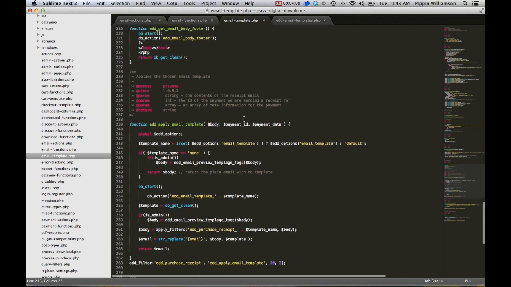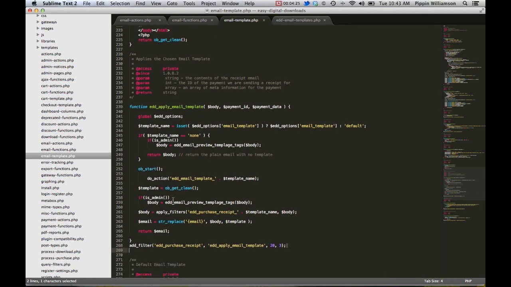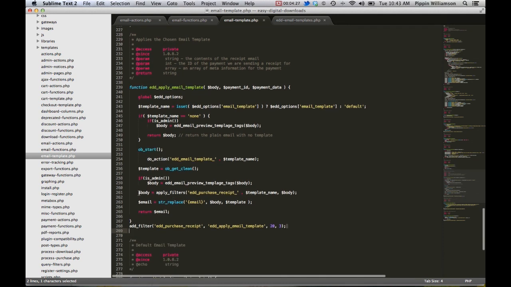We have this function called EDD apply email template, and this is attached to our filter, which you can see right here: add filter, EDD purchase receipt, EDD apply email template. So we only want to look at one part of this. You can ignore the top half because that's just for the admin previews. But down at the bottom, we have nothing more than body equals apply filters, EDD purchase receipt, followed